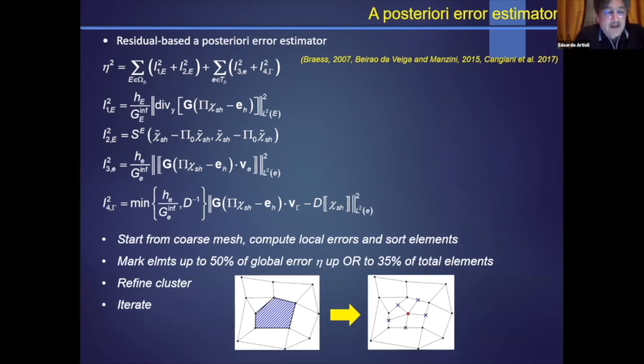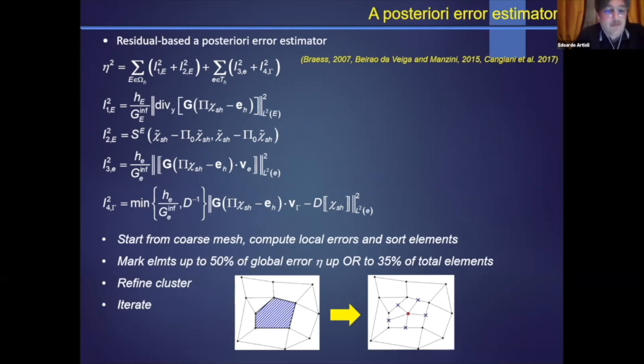The first 2 are related to the check on the local equilibrium equation, and the third one is related to the enforcement of the continuity of the normal stress component at the interelement interface,